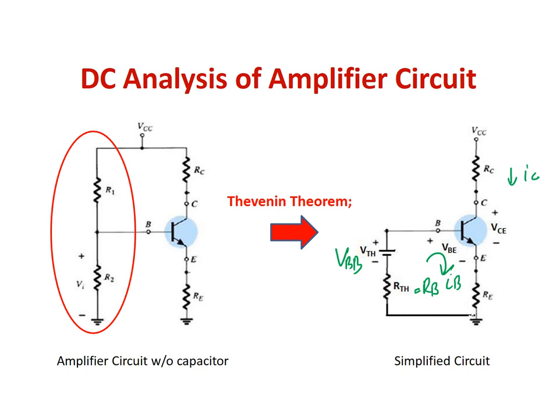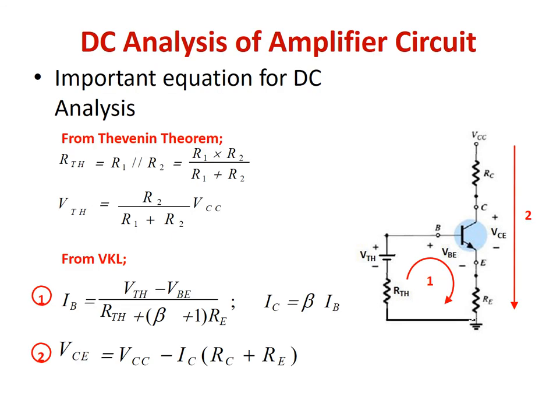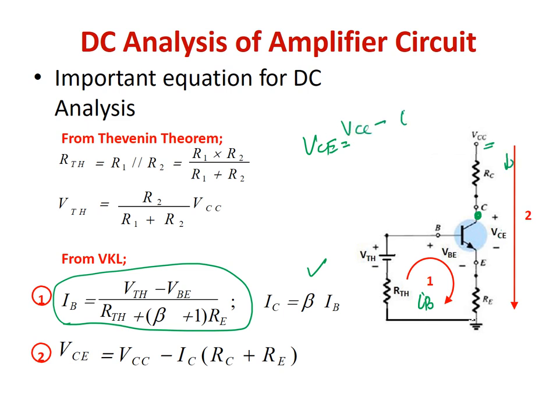Now the next case is the IB and IC values. The rest of the circuit now becomes a similar circuit to the one we have solved earlier, and we can easily solve it using the same procedure. For example, if you want to calculate the IB value here, we can write the KVL equation, and from that KVL equation we can derive the relationship IC equals beta IB. And if you want to calculate the collector-emitter voltage, we know that it is VCC minus IC times RC. Depending on the IC value, we can go for the next case.